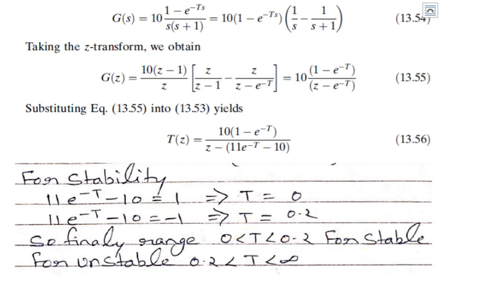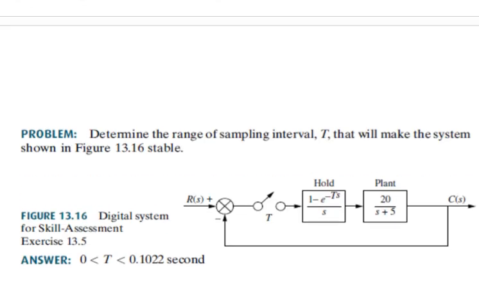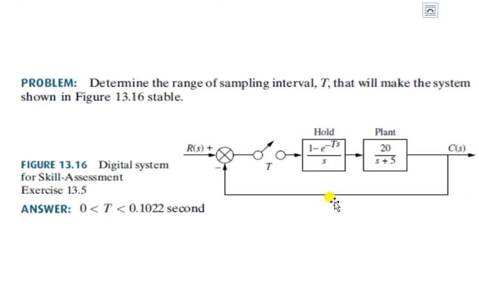So this is the completion of this problem. Now you can solve this problem by yourself. Again, we have the ZOH function here, so you will merge it into this. You will calculate G of z first, then by using the formula T of z equal to G of z divided by 1 plus G of z, you will calculate T of z, and then again using the plus 1 and minus 1 condition, you will calculate the capital T value, and finally you will put the answer in the range.